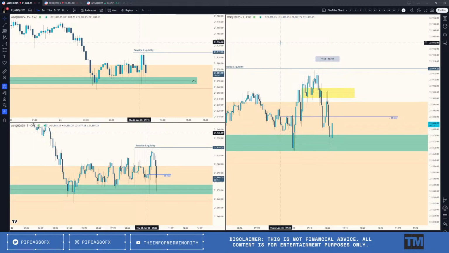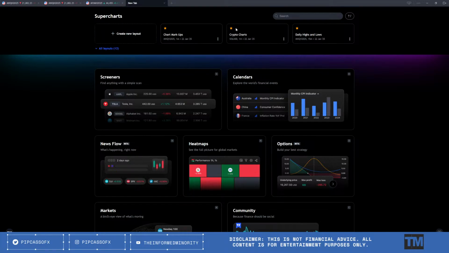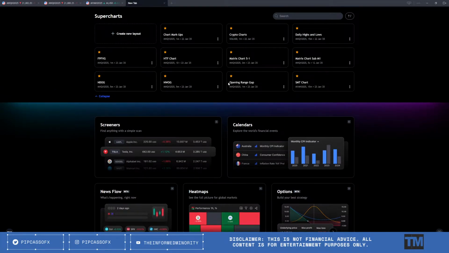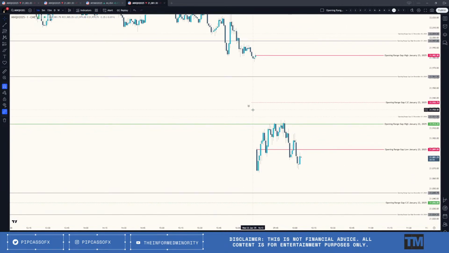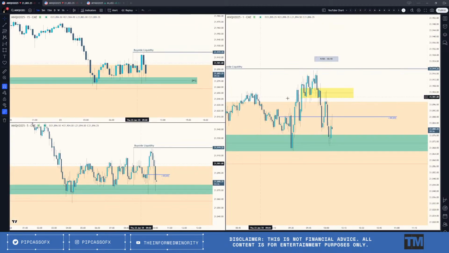So we're doing one more stop run and then we'll be ready to go. Like, what are we doing here? Haven't really done anything. If you look at this one, I haven't really done anything. Kind of just consolidated, trading sideways. We'll see how the opening price reacts here. We trade above it or we're respecting it. And if we're respecting it, then obviously we could potentially see a little bit softer price action there.